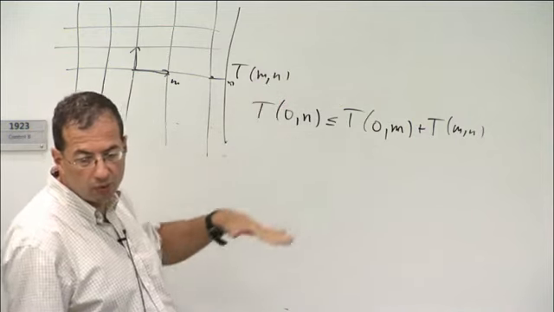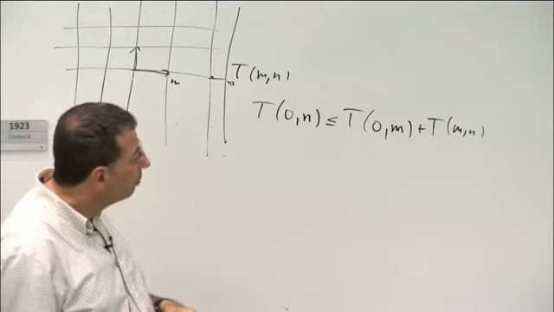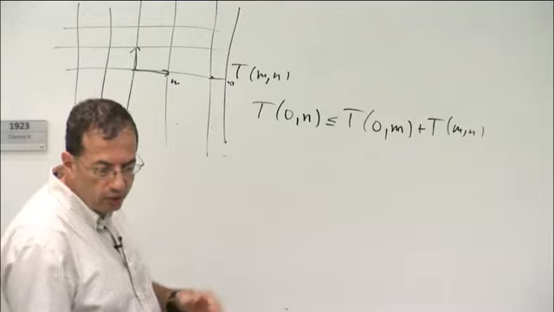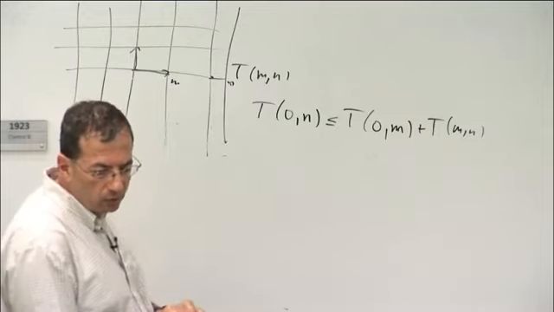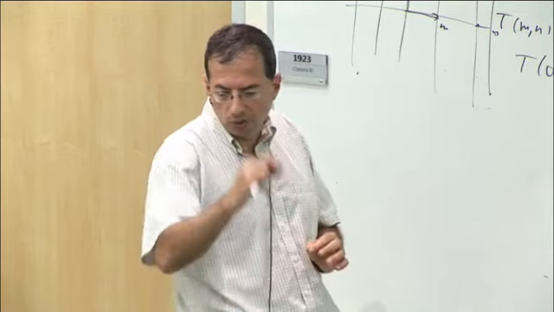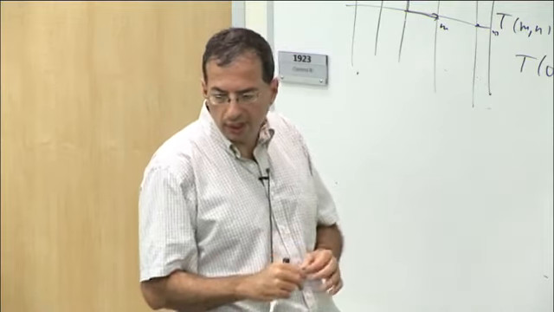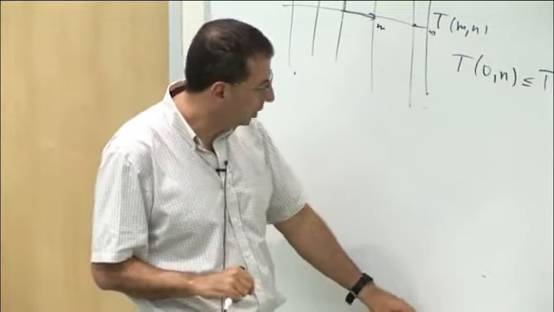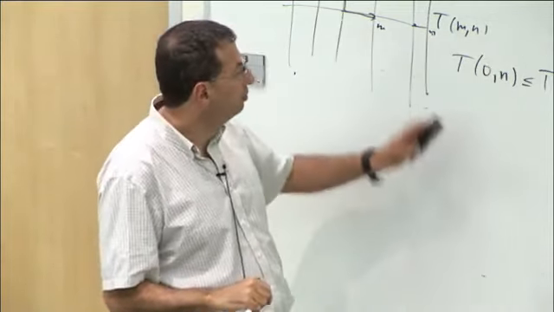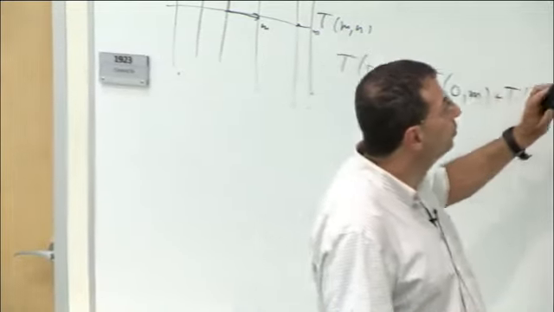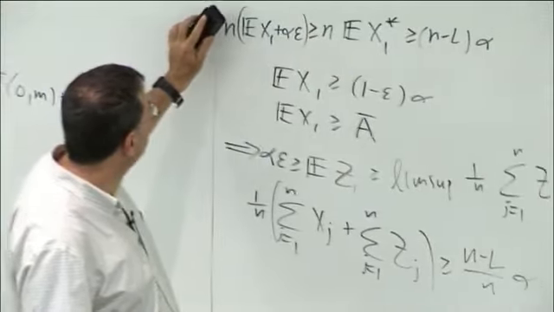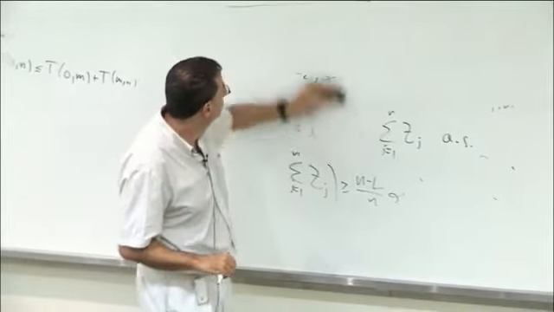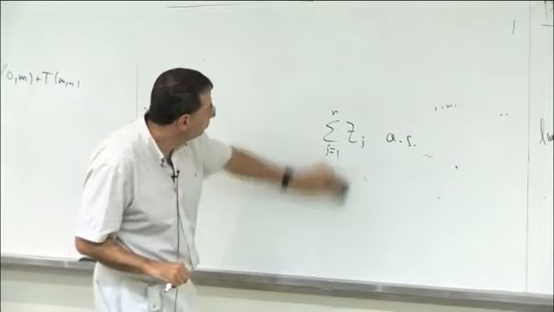Another application is for random walks on groups, where you want to show that the random walk has a speed. So you have some Cayley graph, you're doing a random walk on it, and you look at the distance from your starting point to the nth point in your walk. Again, you can check that it satisfies such an inequality, and so get existence of a limit. I won't talk now about more applications, but rather go to the formal statement, since I want to finish in time.